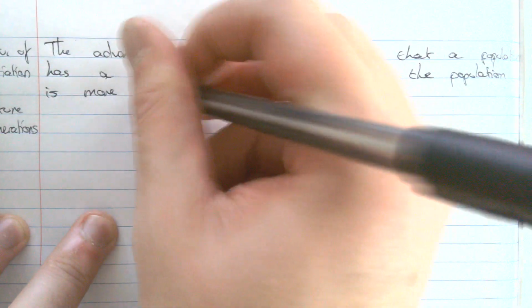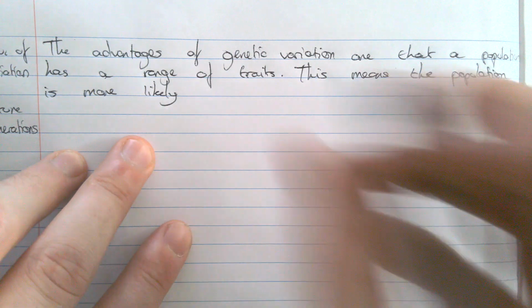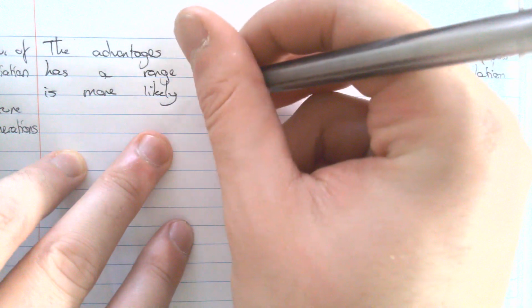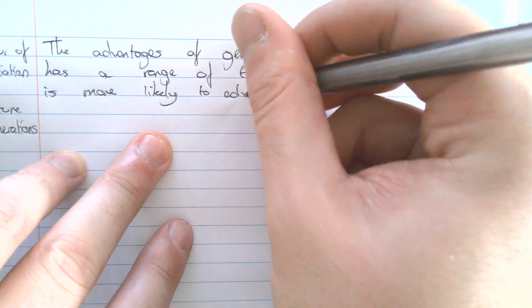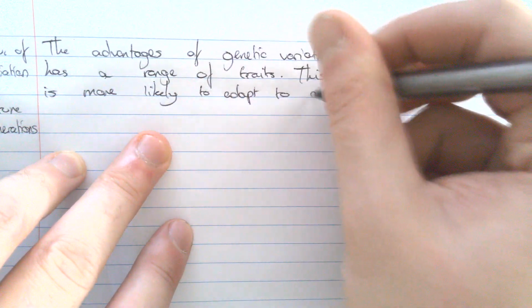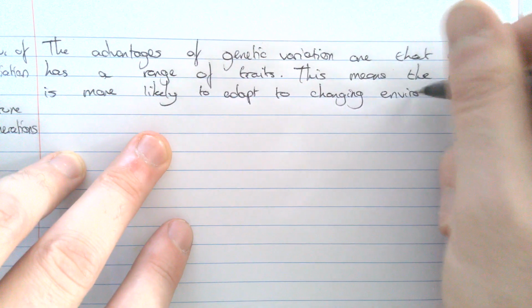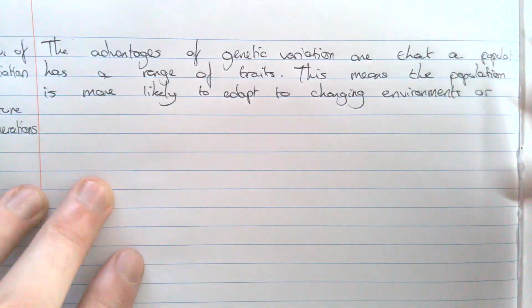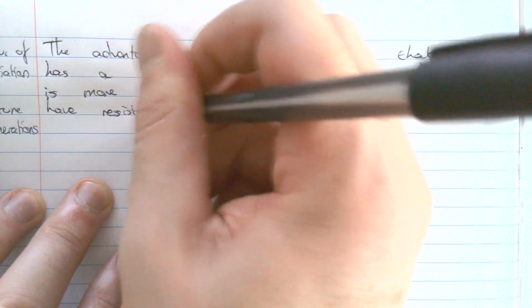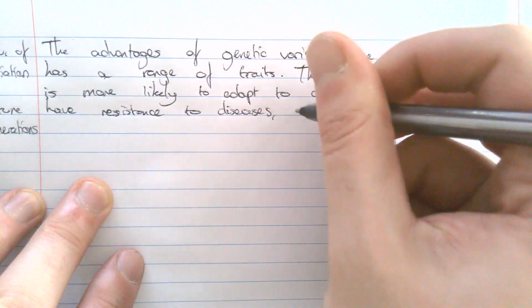It's not a guarantee, as the dinosaurs found out, but it does mean that it is more likely that they can adapt to changing environments, such as an asteroid, or the one that's relevant to this context, or have resistance to diseases, such as